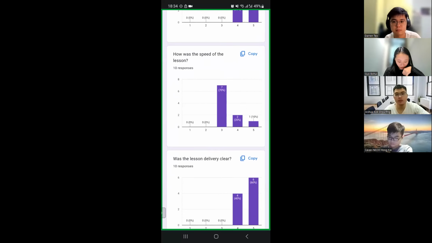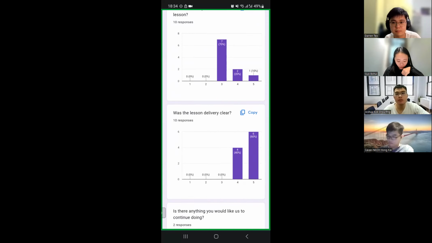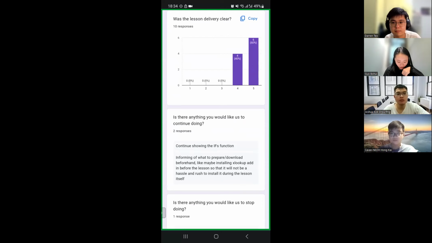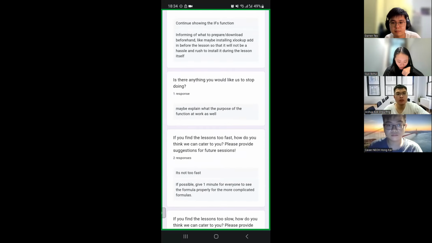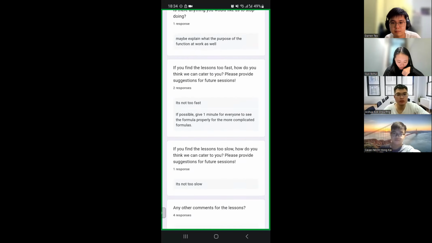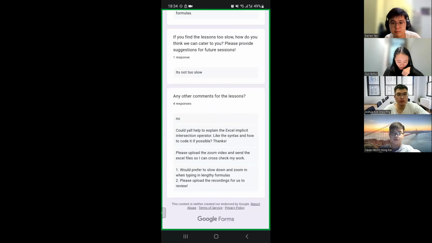The speed and the pace. Yeah, the speed and the pace is pretty good, so we'll just keep it to that. So I guess what I want to mention is one of the feedback for the lesson for this